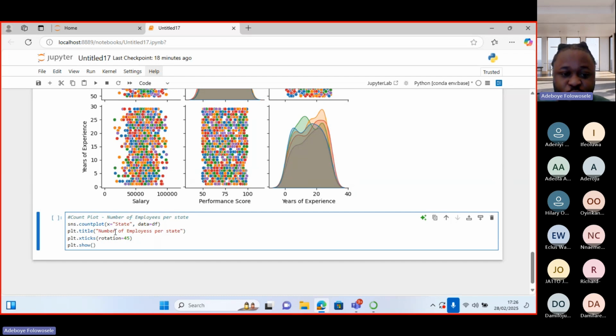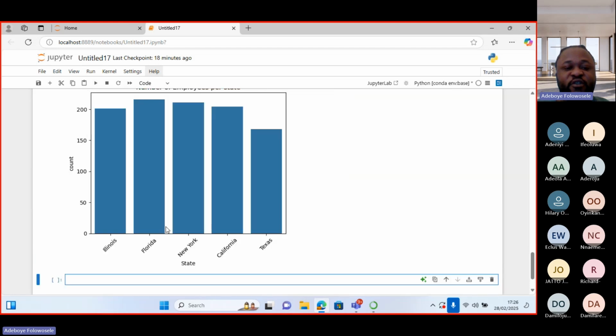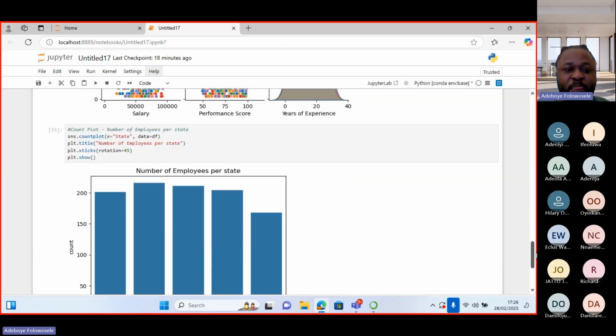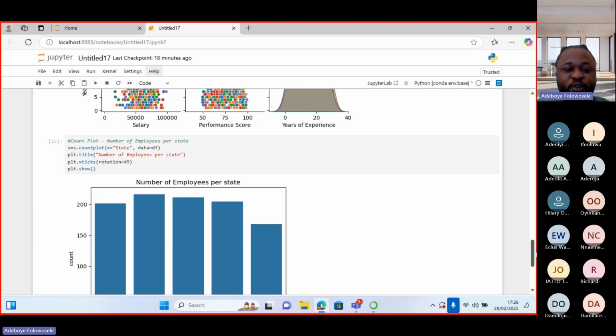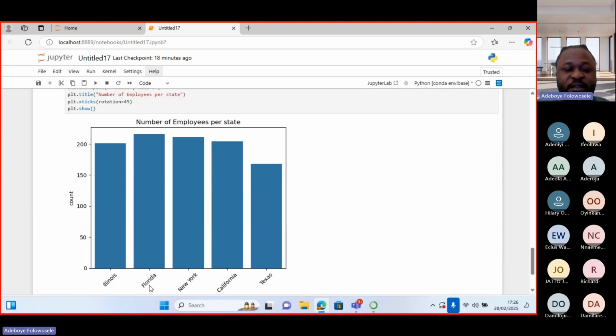Some organizations do row counts at the end of every year. They do statistics of row counts of employees at the end of every year, just to keep the stakeholders informed of how many female or how many employees from different states are working in their organization. So this kind of plot can be useful. So here now, we can see that Florida